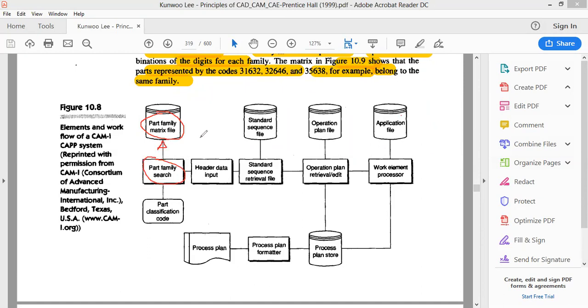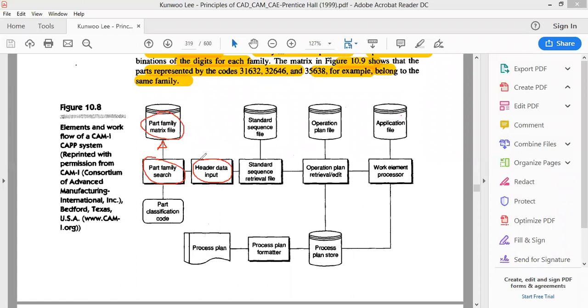So we have to give the input of the particular family, right? Whatever is the code given for a nut and bolt, if we give that, then it can search and will give us all the options that are already present, whether it's an M8 nut or M10 or M12. With that, the next thing is the newer data for manufacturing the nut. So we are going to give the hexagon size, that is the head of the bolt, and then the length of the bolt, the thread, the pitch, all these features.